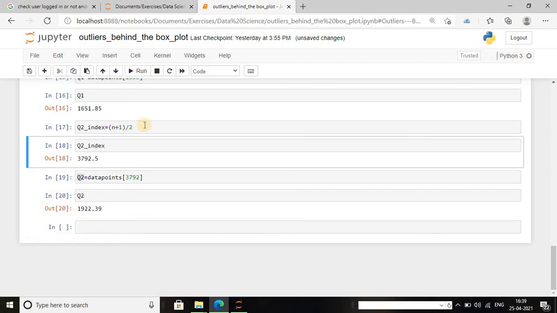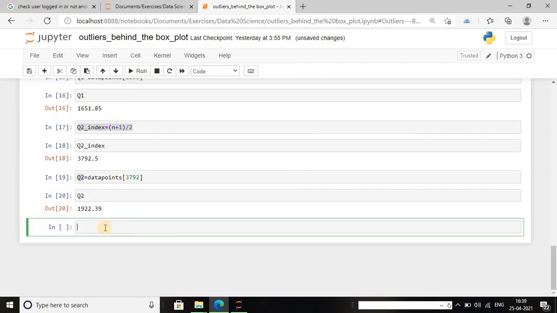I will rename the formula here as Q3, multiply the numerator by 3 and divide the denominator by 4. So this will be the 3/4th value of the total number of elements plus 1.